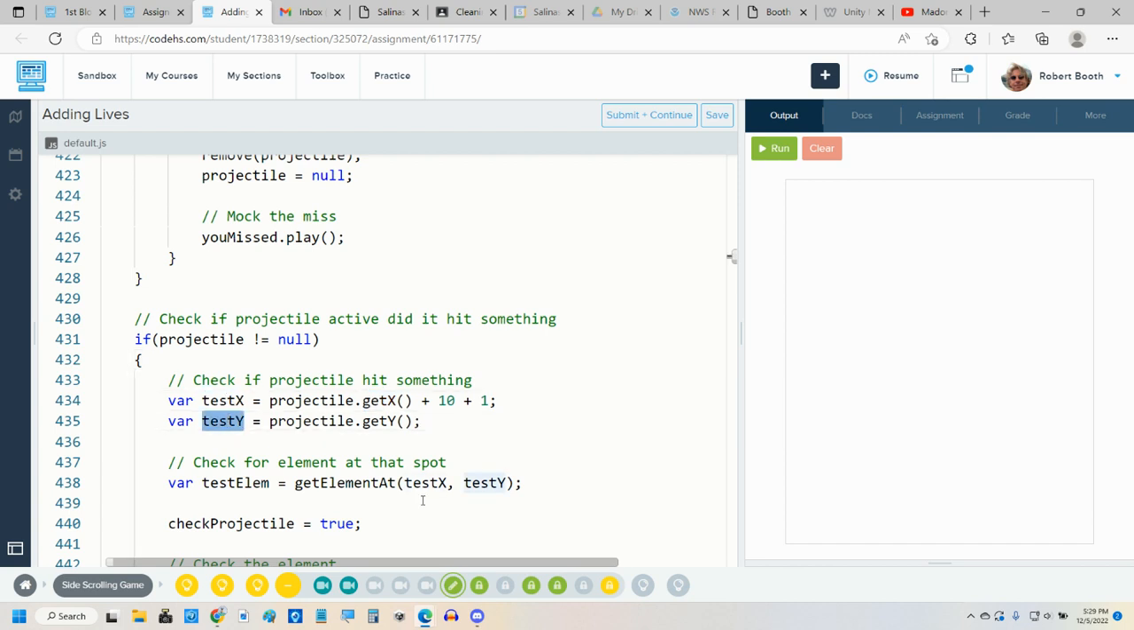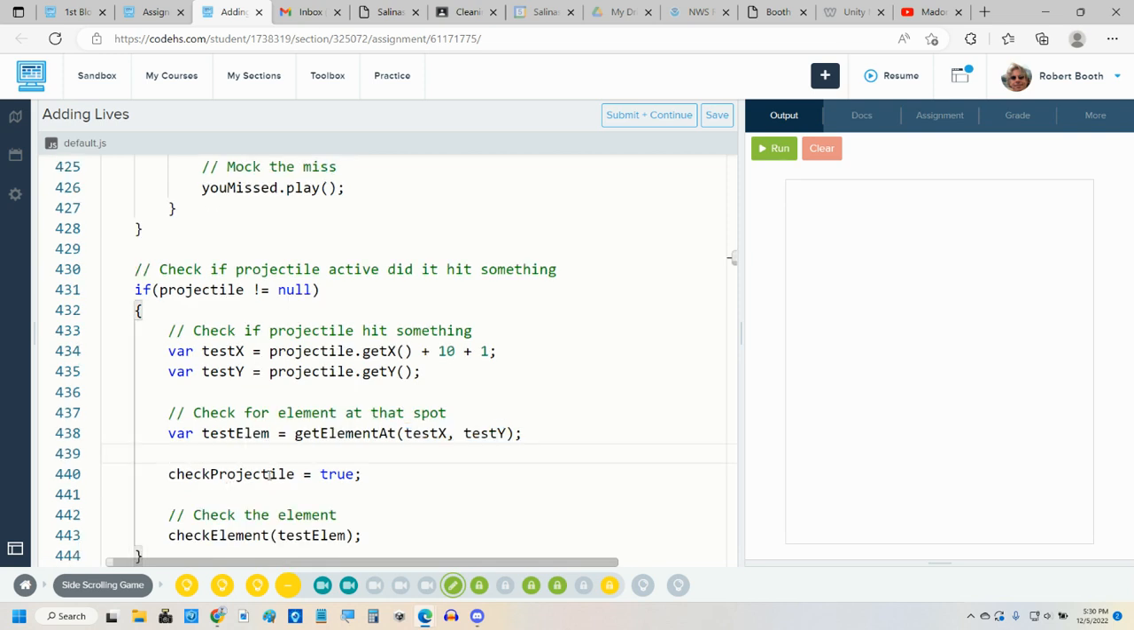With the test X and test Y, we put those two variables right here into this function call, and we are going to get an element at that X and Y, and we're going to store that element that we get. We get an element at, that's a function in JavaScript. It's going to get an element at a local X and a local Y, and it's going to store it in this variable called testElement. We also set this variable here, checkProjectile to true, which I should say, it's a Boolean